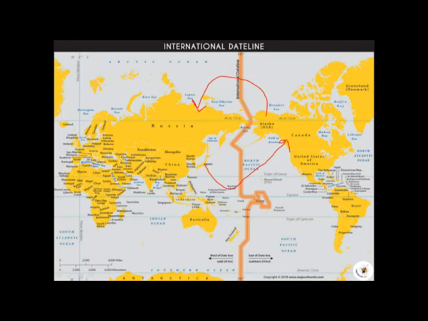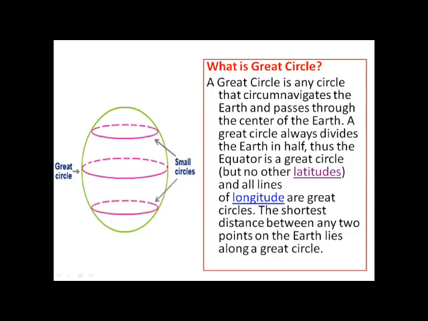The person celebrates Christmas Day on two successive days. One, because he has not yet crossed the international date line, so he was celebrating at that time also. And when he crossed towards the American side, he has to repeat the celebration again, because they are going backward. The time over there is moving in the form of backward.